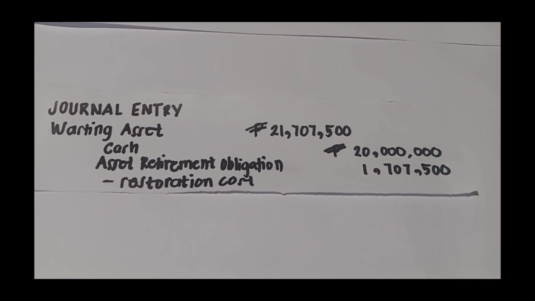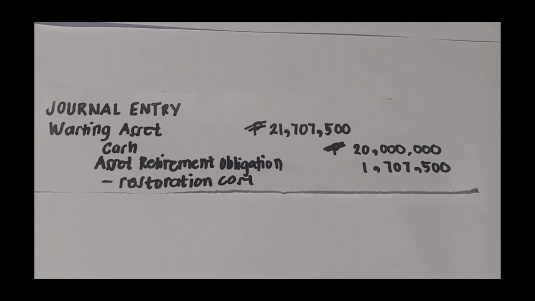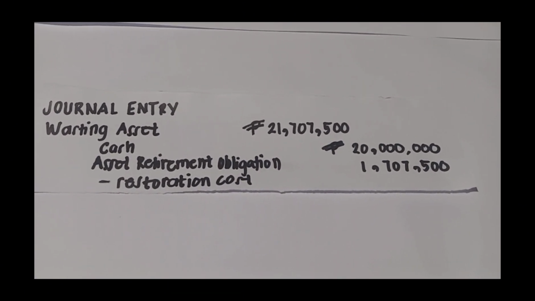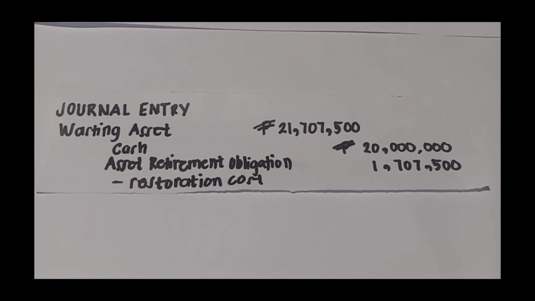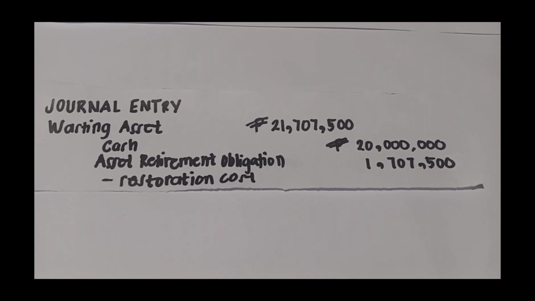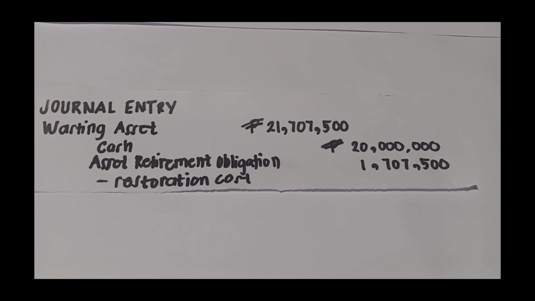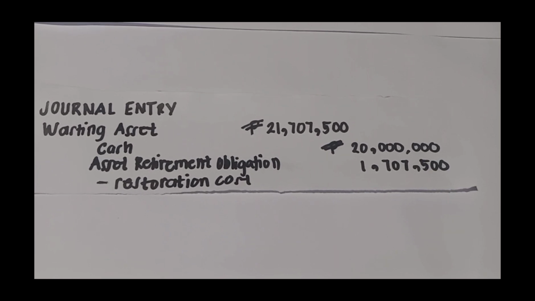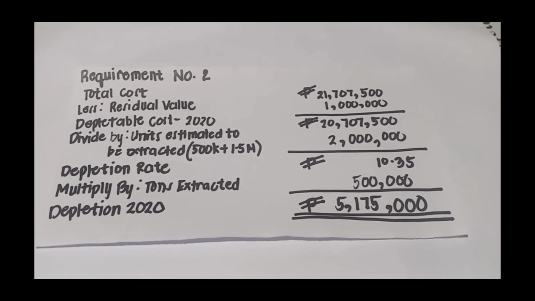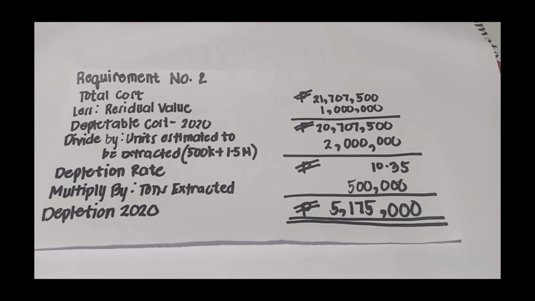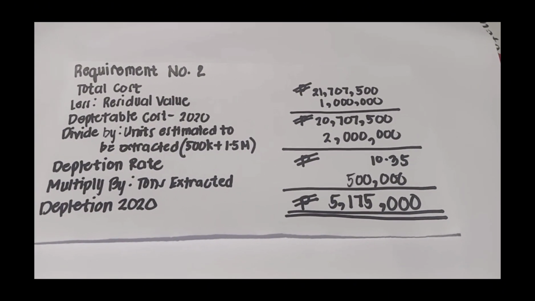So debit wasting asset and then i-credit nato ang cash na 20 million nga acquisition cost sa pagpalit og asset, and retirement obligation or restoration cost na atong gi-compute kanina na 1,707,500. So sa requirement number 2, sa pagkuha nato sa depletion expense in 2020, mogamit gihapon ta sa